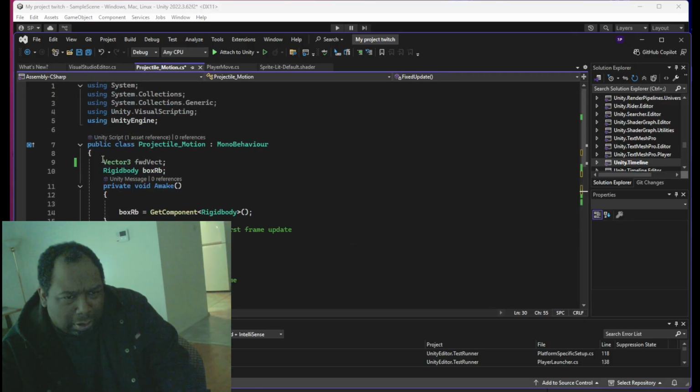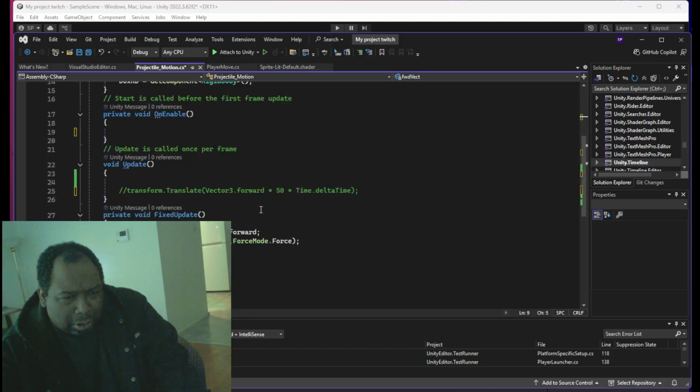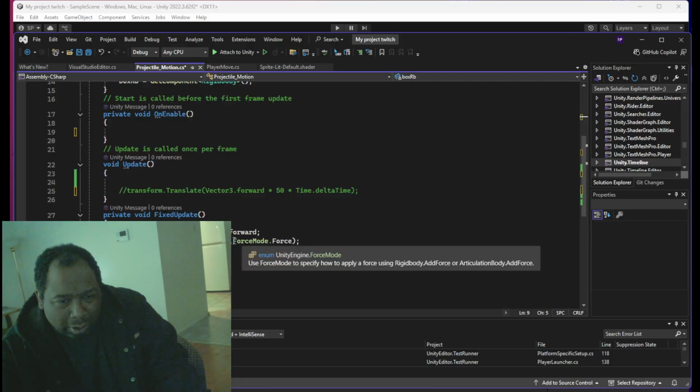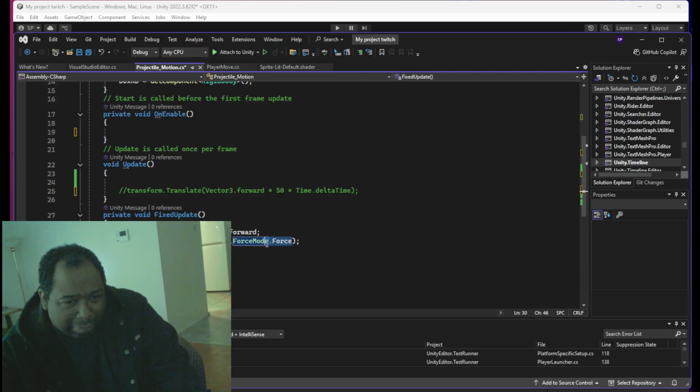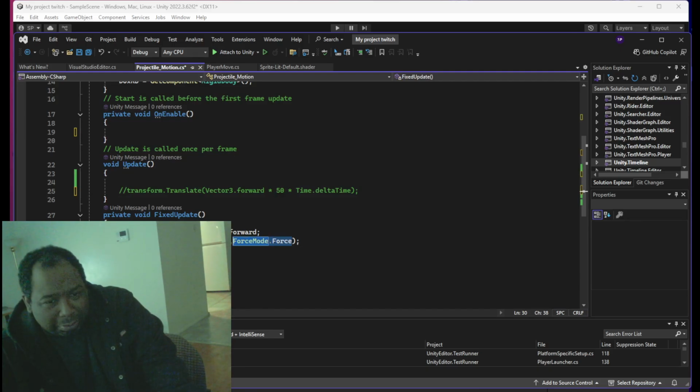So I put it. There we go, all right. I forgot to put force mode dot force. You got force mode to add behind. I got forward vector times 100, and the forward vector might have... I might could just put forward.